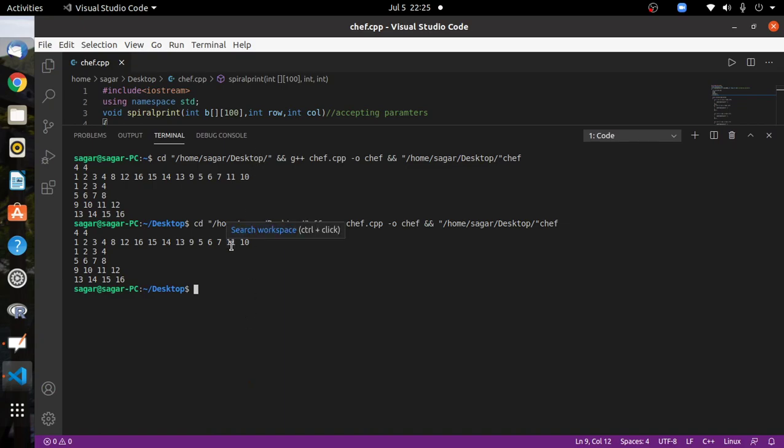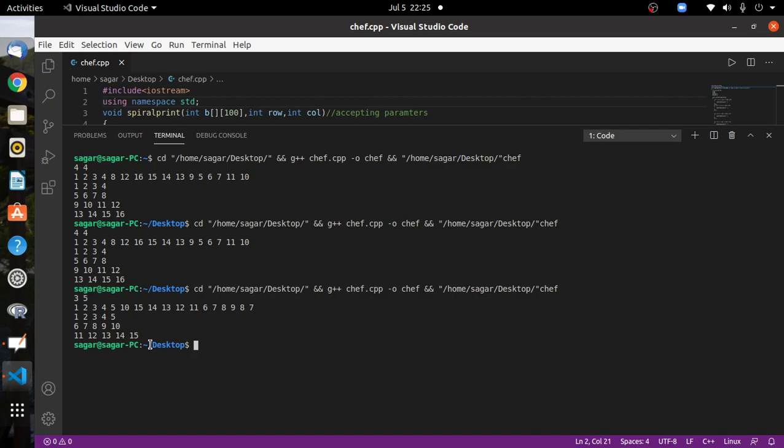Now let me again run this code for input, let's say 3 and 5, right? So see what's happening here: 1 2 3 4 5 10 15 14 13 12 11 6 7 8 9, right?